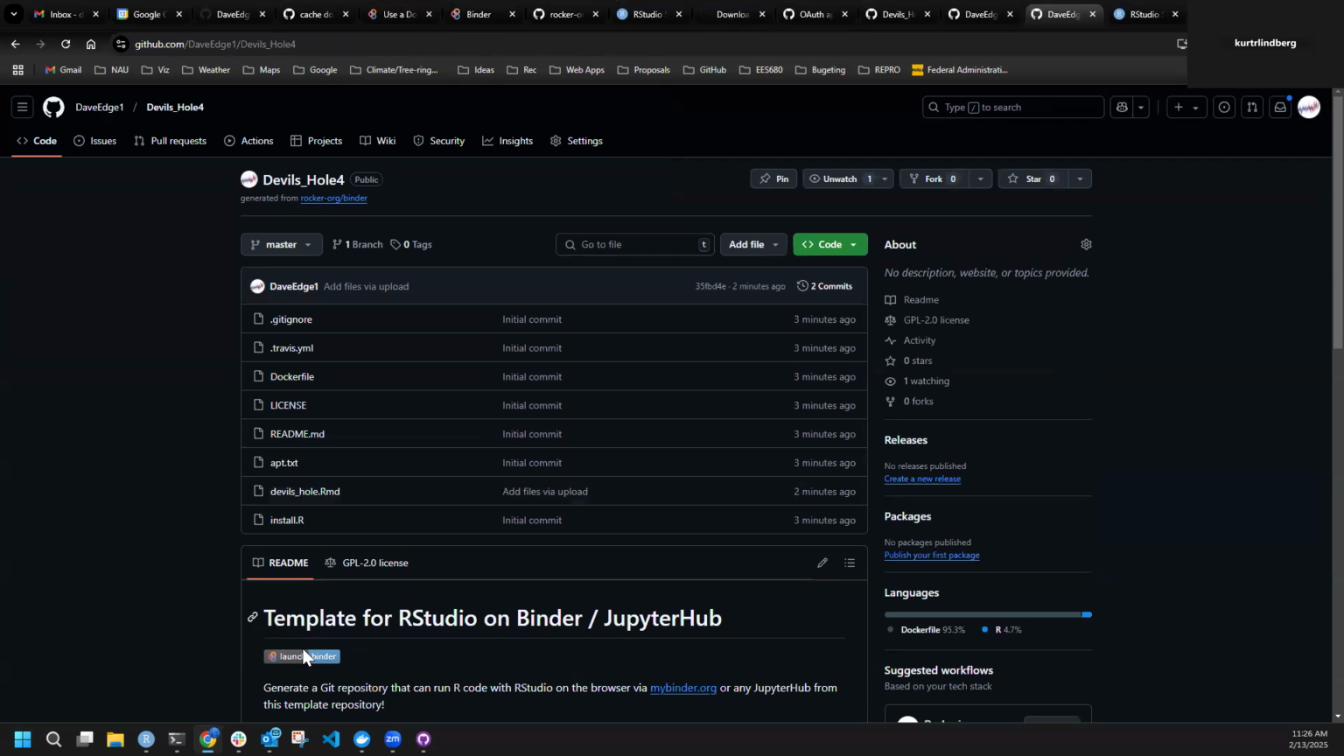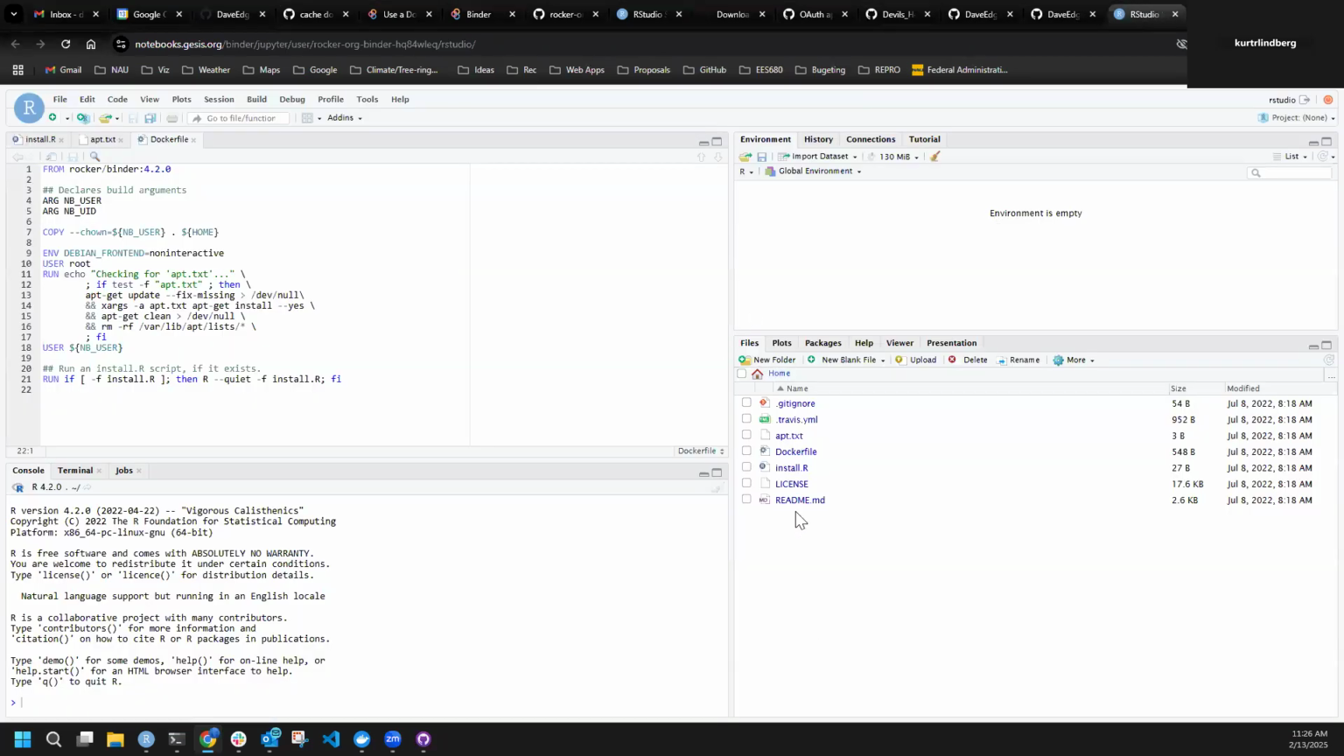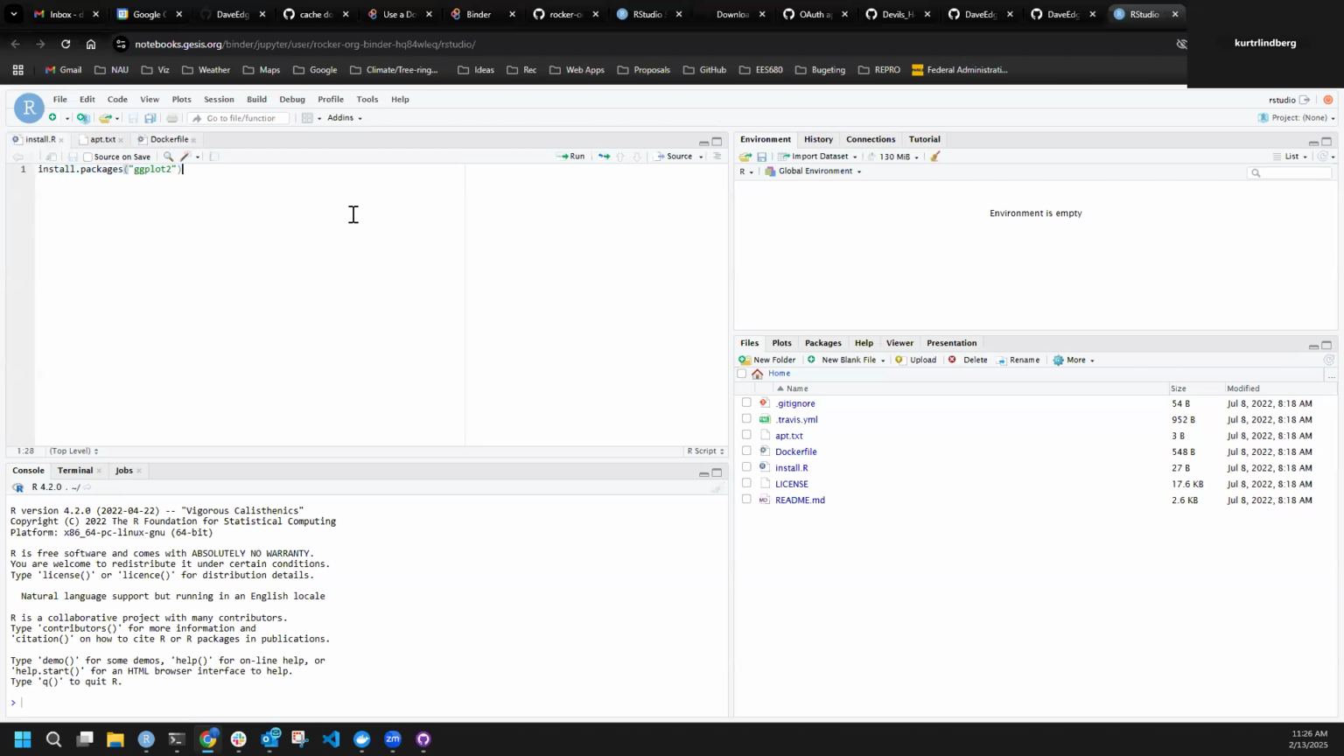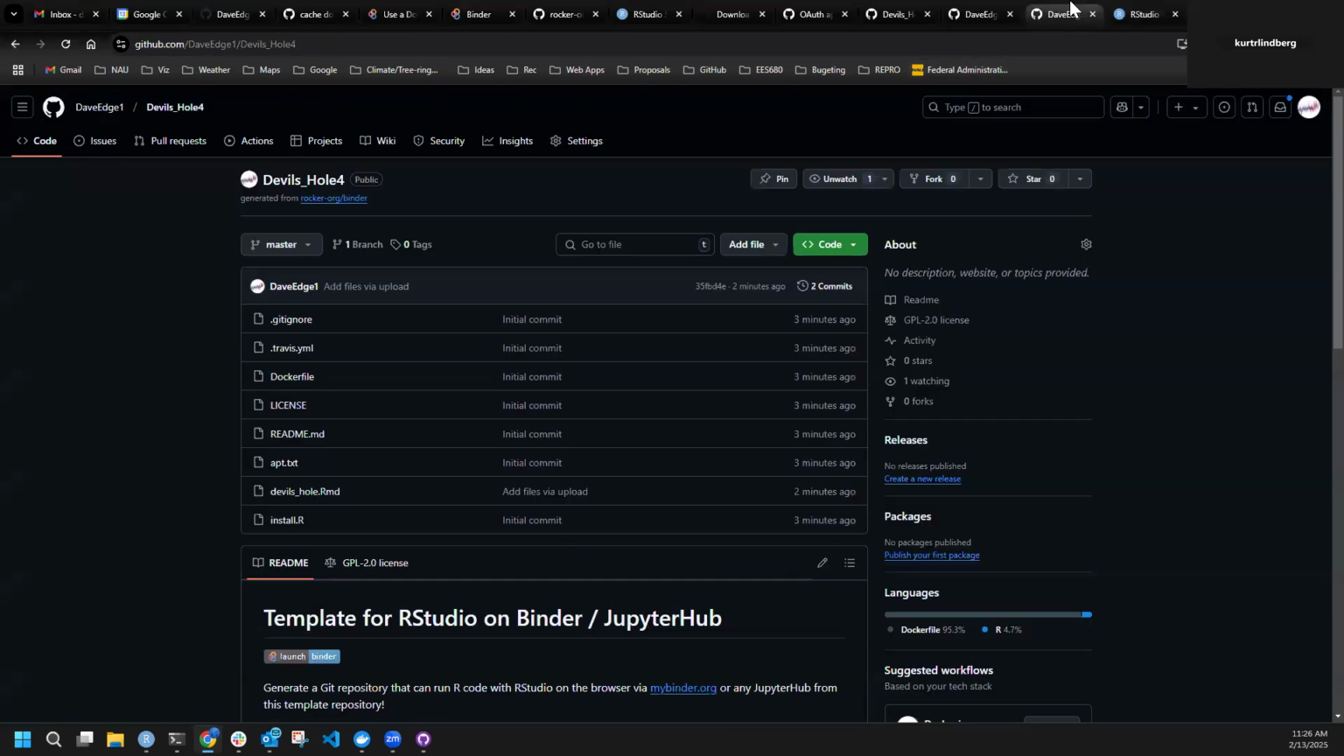Okay, so now if I were to go and launch myBinder, the only change will be that my R Markdown file should appear within RStudio as one of the available files to look at. But what I haven't done yet is update the dependencies needed. So if I go back and update that,